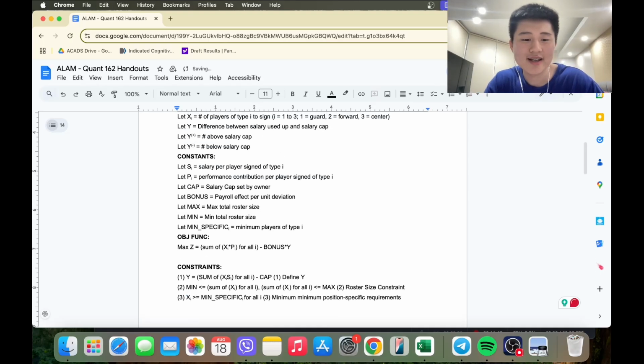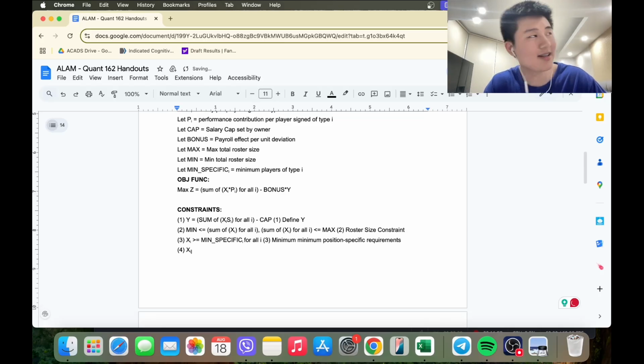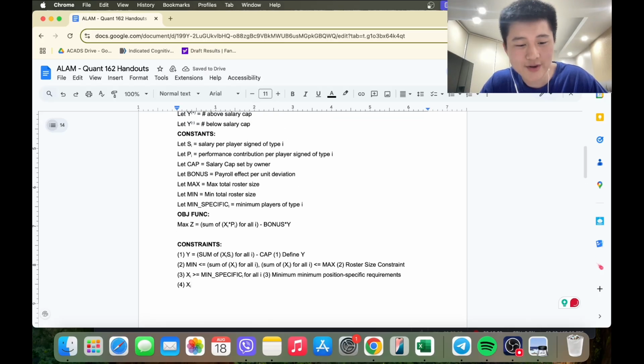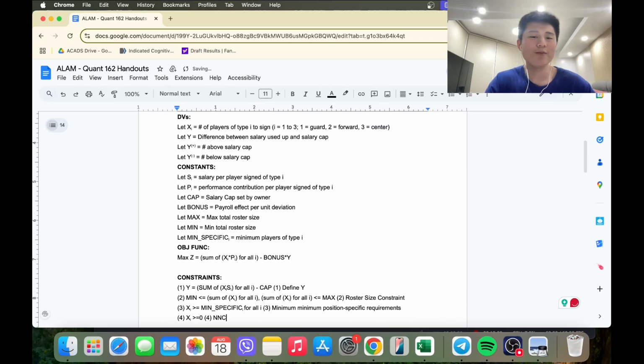And lastly, NNC. X, since Y in this case is not really NNC-able, since it's a URS, right? Yeah, okay, greater than or equal to 0. So x is NNC. So as you know, what you have to do is basically turn the URS into the positive and the negative, right? So we break it down into these two variables. So yeah, where y,